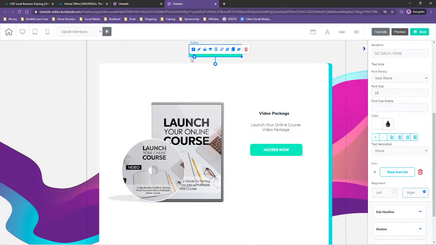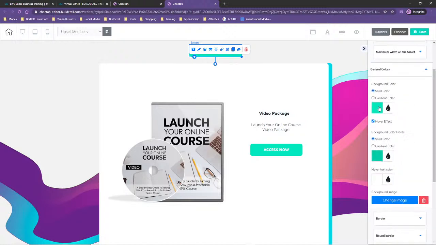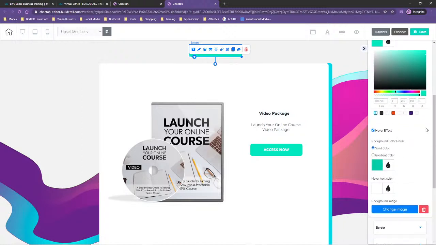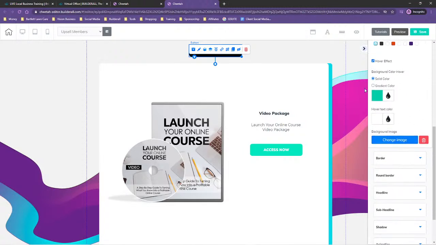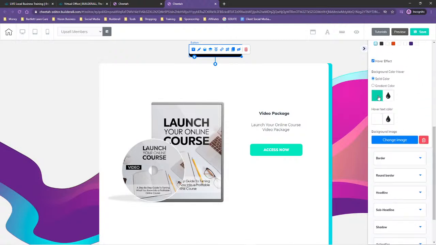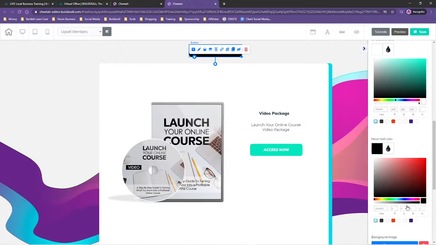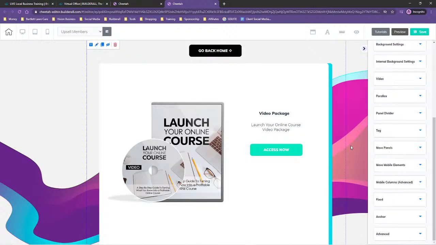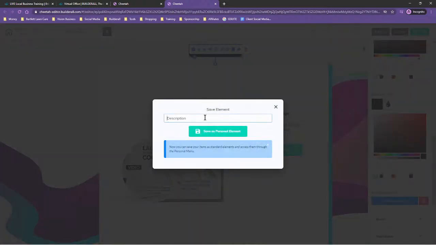Now I don't want to have to redo this every time, but let's make this different. Okay, we don't want it to be the same exact colors. So you know, I hate that green color anyway, so let's just make this a solid black button. And then it already has white text. So here on the hover effect, let's just make the background white and then the hover text black. Okay, so we'll just like revert it. So now I want to save this. Now that our button is exactly how we want it, we'll save this, and then I'm going to call this back home button